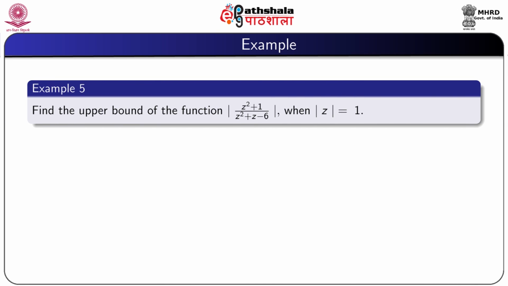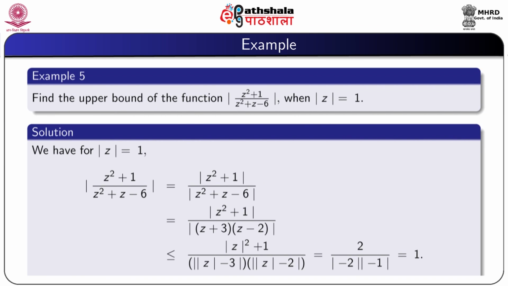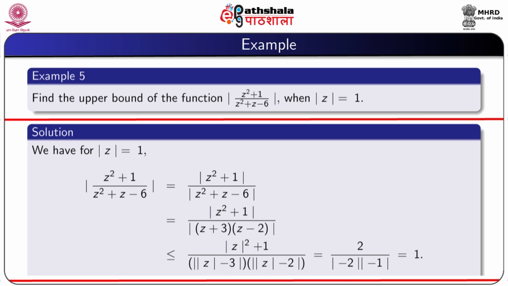Last example of this module: find the upper bound of the function modulus of (z squared plus 1) by (z squared plus z minus 6) when modulus of z is equal to 1. So, for modulus z equal to 1, we have modulus of (z squared plus 1) by (z squared plus z minus 6) is equal to